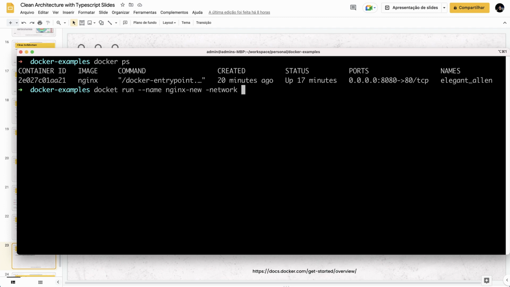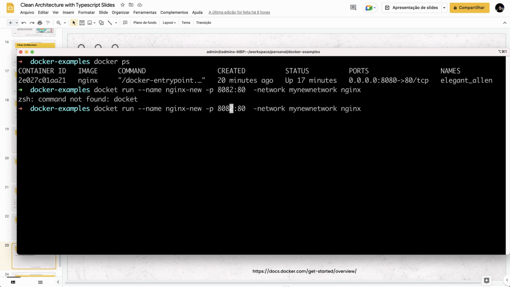For example, I'm going to use my new network. Okay. And then I need to pass the image, which is nginx, and let me define the ports here as well. So for this one, I'm going to use 82 to map to the 80 of the container. Okay, so if I run this command,